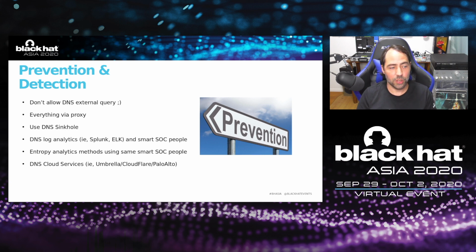And also you can switch to cloud services, right? You can also use Umbrella, Palo Alto has a service as well, Cloudflare has a service as well. That works to some extent, because if your enterprise is too big, you actually cannot really have all your internal traffic go through Cloudflare or external DNS. So you will need to split up your internal traffic, handle it internally and do log analytics, and split up your external traffic through a third-party provider with cloud services, right? So this is kind of the prevention and detection methods that we found.